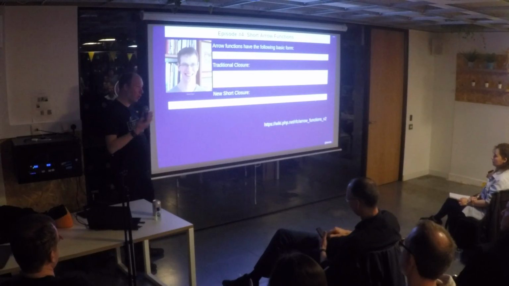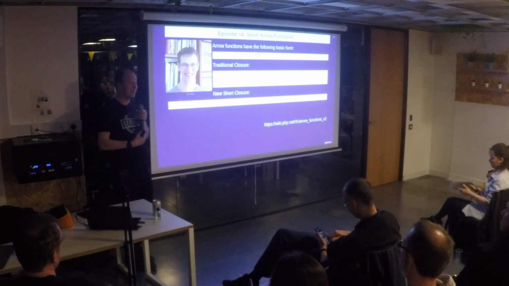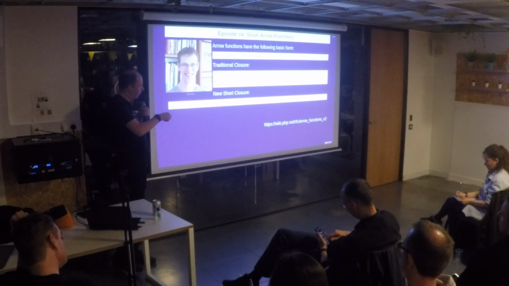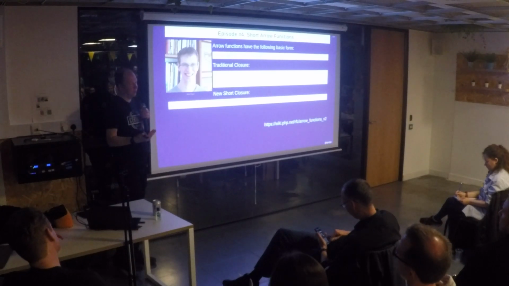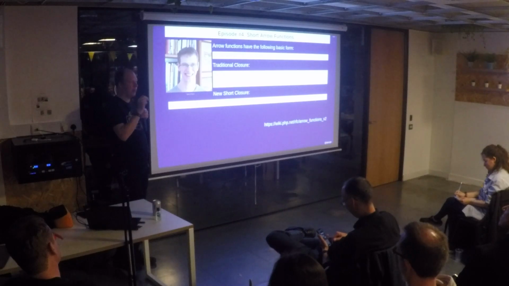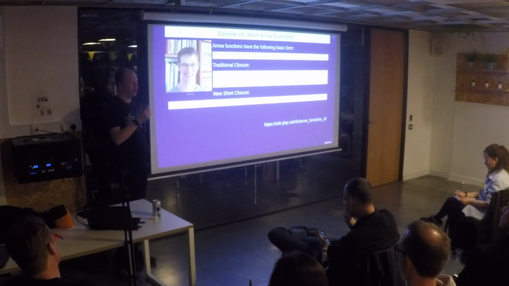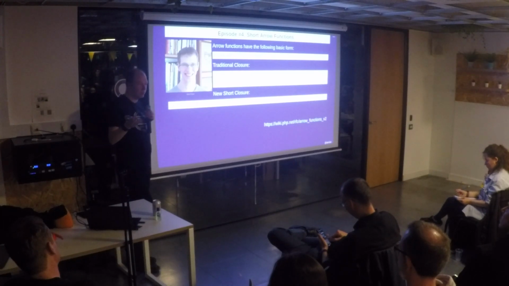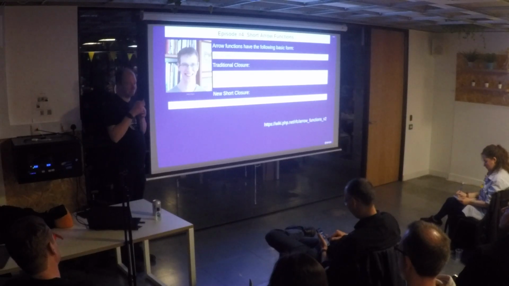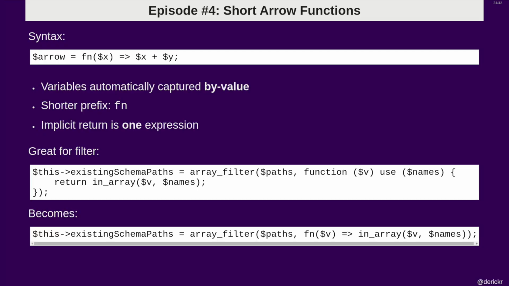Now, PHP 7.4 only allows for a single expression here. It is possible to extend this to multiple expressions, where then your only benefit is that you don't have to explicitly bind variables to the closure scope from outside the closure scope. That's not being decided or discussed at the moment, so that won't likely be in PHP 8, but it might show up later at some point. Okay, and I've just explained all of this, so I'll skip over the slides.